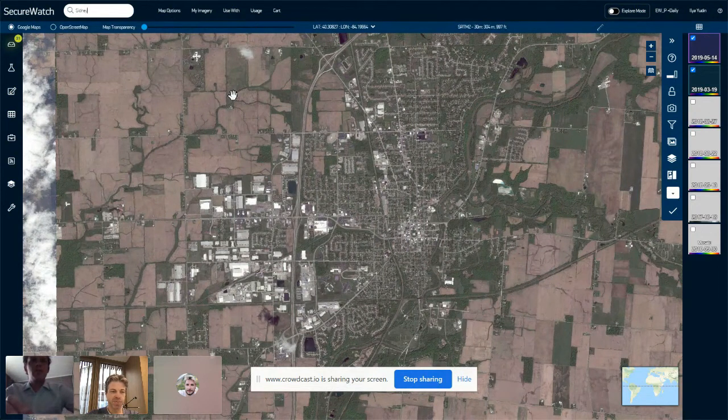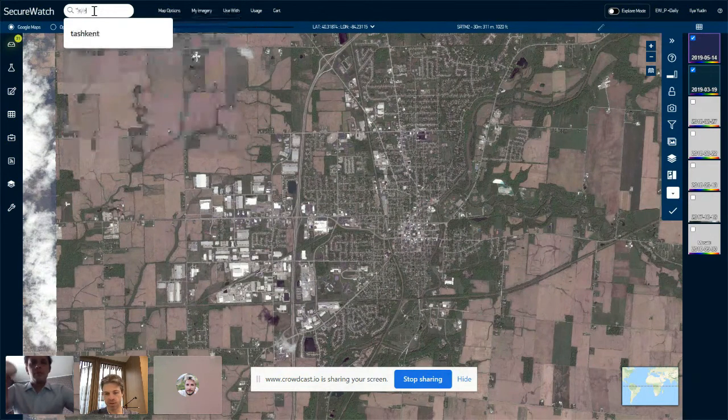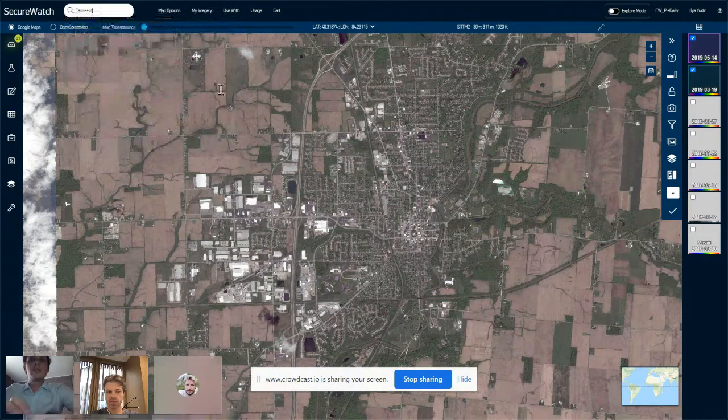So let me remind you a little bit about the topic of our webinar, because I forgot to mention that now we are talking about the opportunity to get started with SecureWatch using this plugin for QGIS, because it's also possible now. So every user who is used to QGIS, I would love to touch QGIS as well. So I'm just trying to explain that